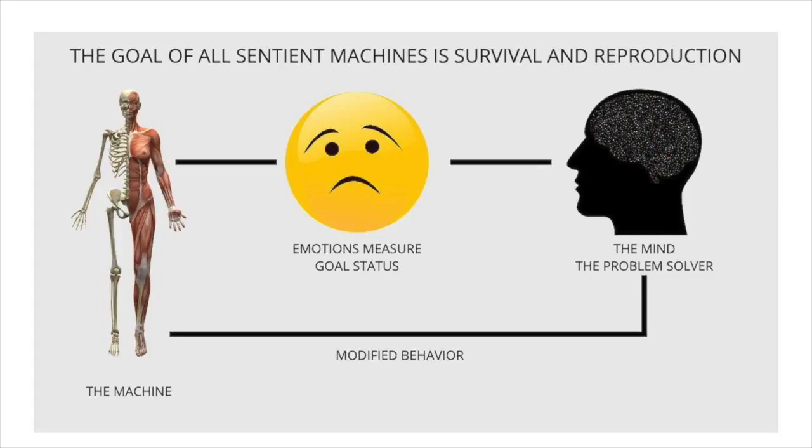So this is all exactly the same in an artificial intelligence system. There's a part of the AI that is measuring the goal status all the time. And if something's going wrong, there's another bit that can reprogram the behavior of the machine, which is the last part of this loop. So you've had a nasty shock by losing your job. The mind starts doing all its stuff and tells the body to go do some interviews and write applications and whatever else.